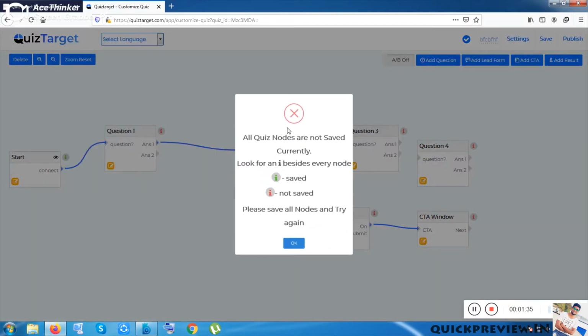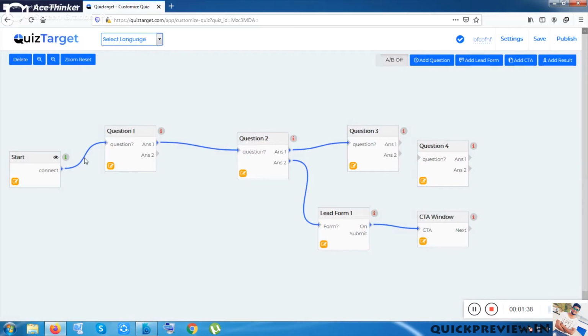After doing everything, you can publish it easily. And this is not publishing because I have not made all of the paths. Okay, so let me choose all of the paths before. So this is not okay. Let me delete some of them.